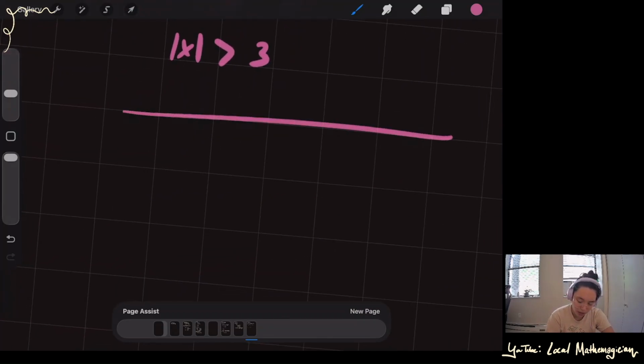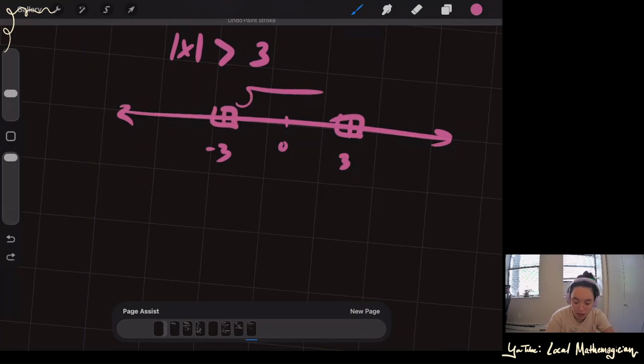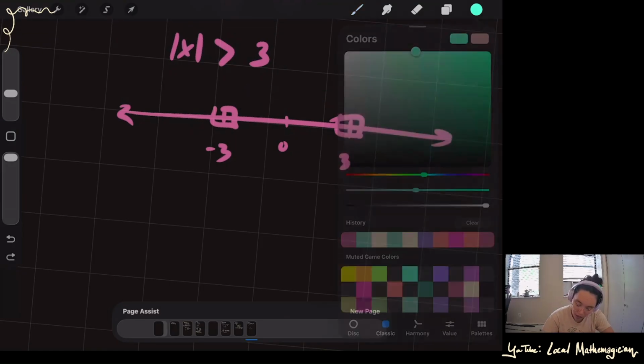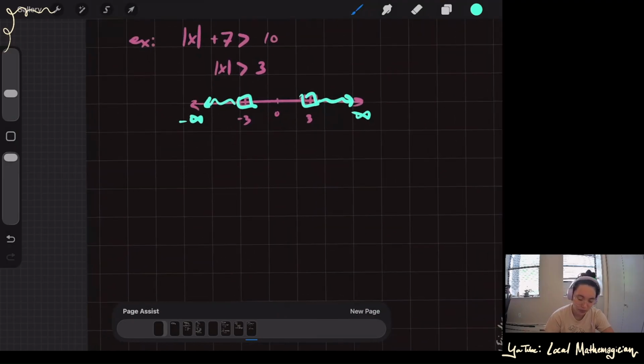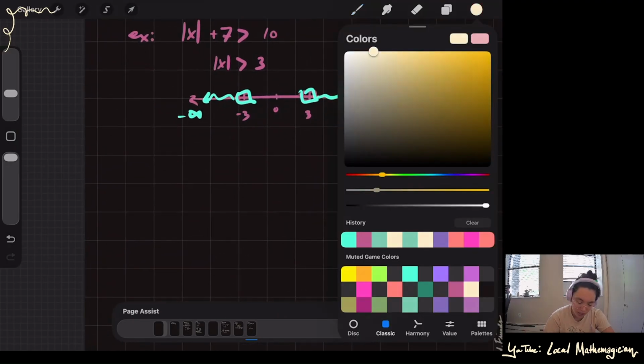Your graph will look like 0 lives here, negative 3 lives here, positive 3 lives here. You don't want these, and it's not the middle because the distances here are too small, right? So you want the outside. Please don't forget your infinities like I do. Okay. And to do a slightly harder example,